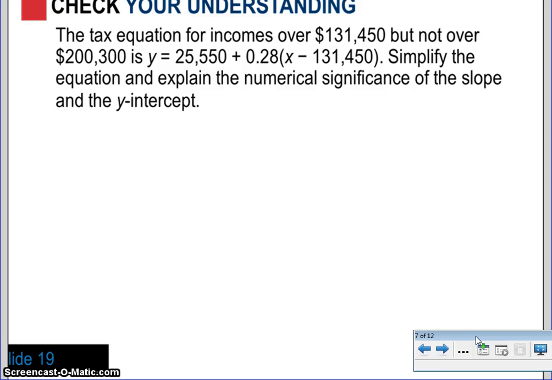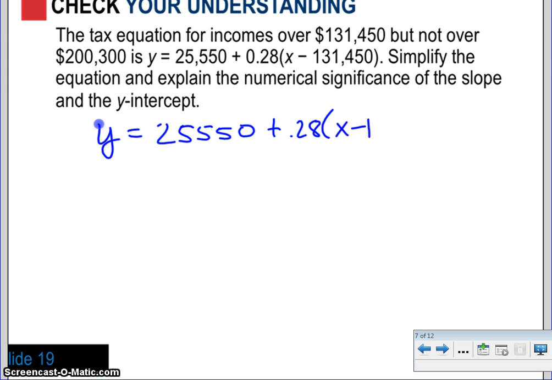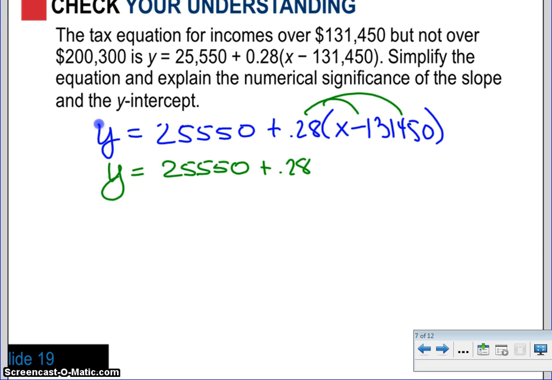All right, so let's go ahead and break it down. Again, I have y equals 25,550 plus 0.28 of x minus 131,450. When I go ahead and distribute these, I end up with y equals 25,550 plus 0.28x minus $36,806. Finally, I get y equals 0.28x minus